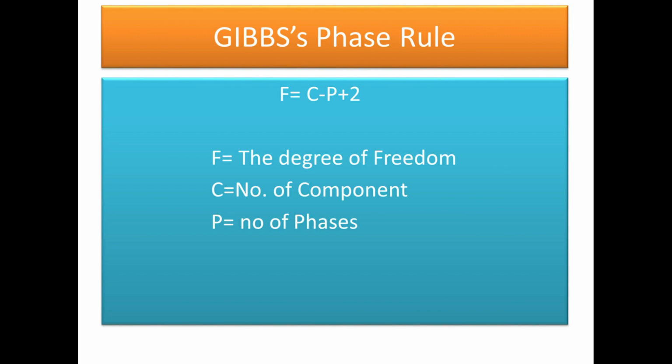यानी कि सपोज मान लो हमारे पास एक रॉक है और उस रॉक में बहुत टाइप के मिनरल्स हैं एंड सारे मिनरल्स का अपना अपना केमिकल कंपोजिशन होता है, but C is not the number of minerals present in the system. C is the minimum number of chemical constituents that are present in a system.